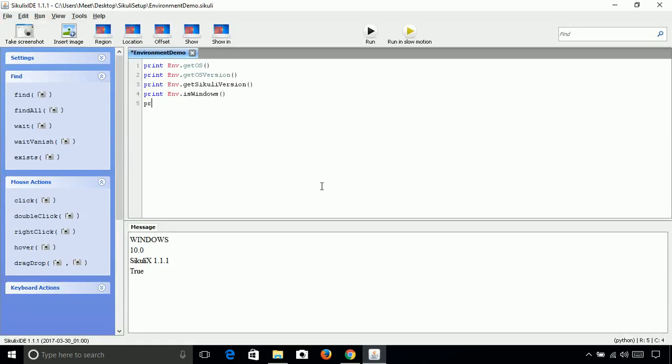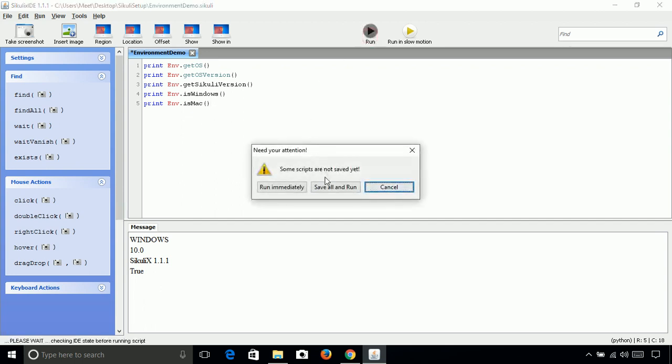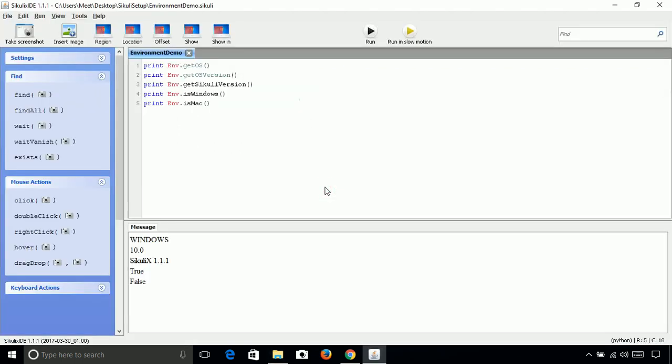Now, if I write whether my system is Mac, then it should return false as my system is not Mac. So it is returning false. Same as Linux, we can check for that.